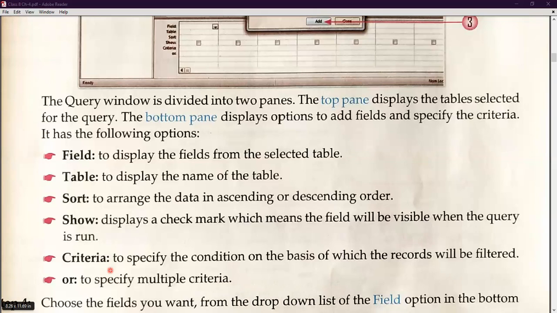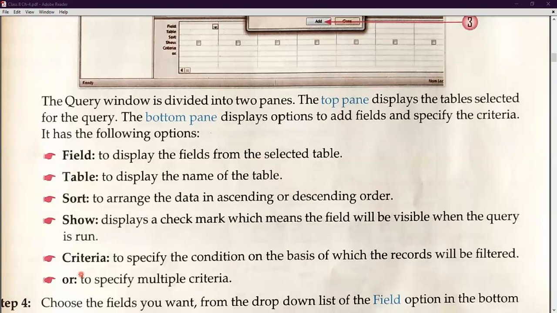Or if we want to give multiple criteria, that means more than one condition, then we are going to use OR. Supposing I want to display only those students' names who are above 13, as well as their marks are greater than or equal to 75.